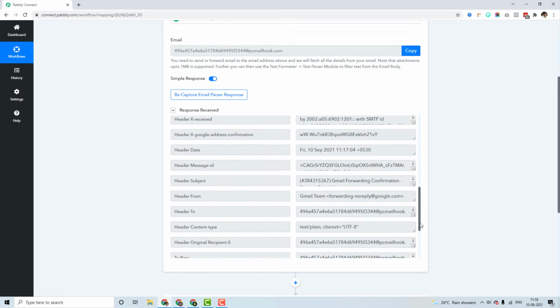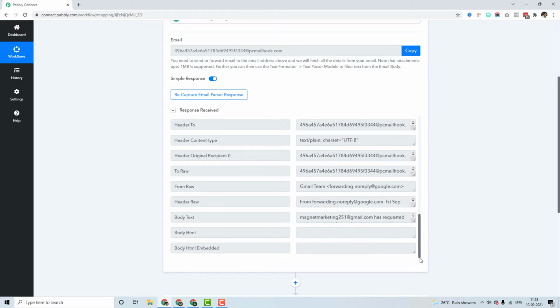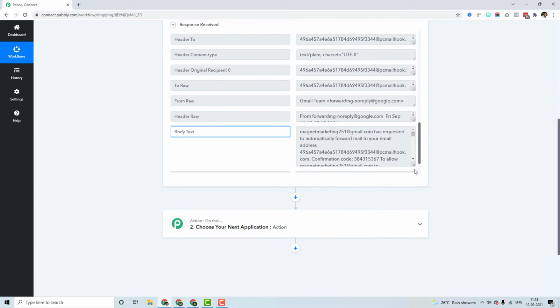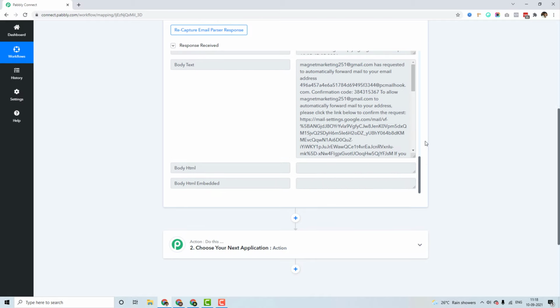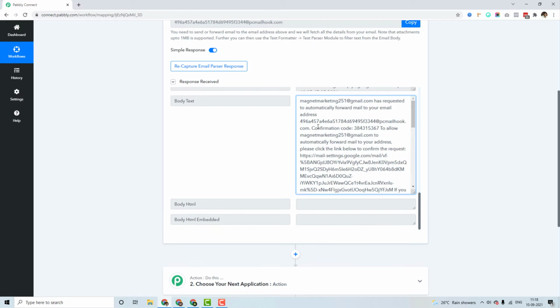The first thing that we have to check is the body text, because body text holds the entire content of the email. Now we want to figure out the confirmation code, because that is the same confirmation code that we have to enter inside our Gmail account. So I will look for body text and expand this window. If you expand this window right here and scroll a bit down, you will see that